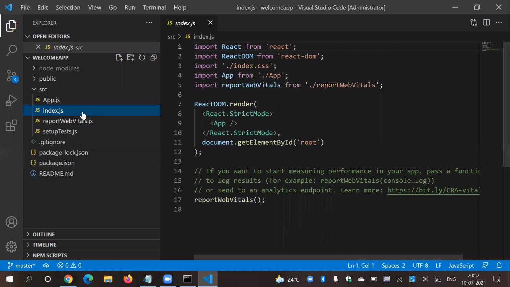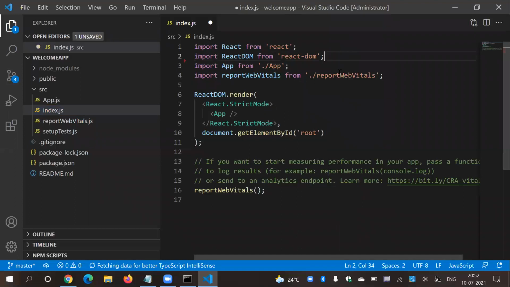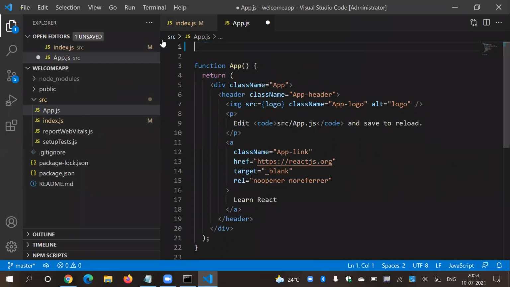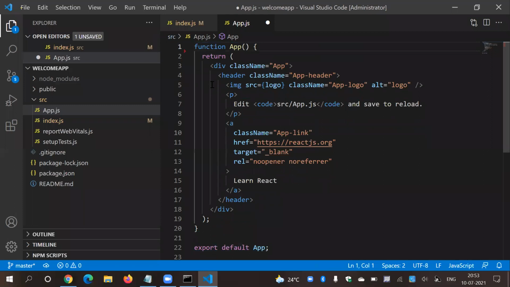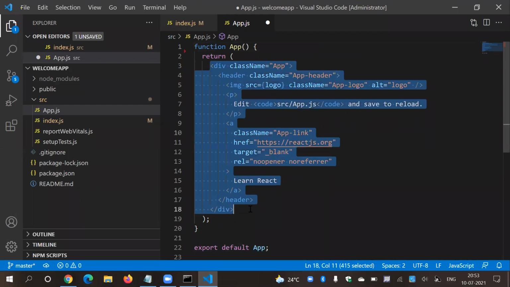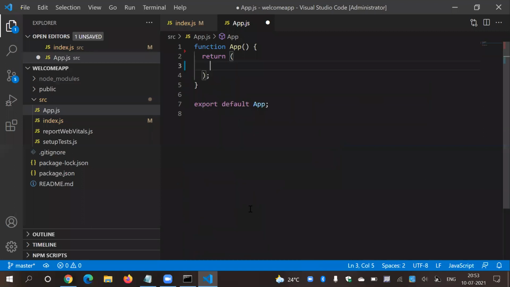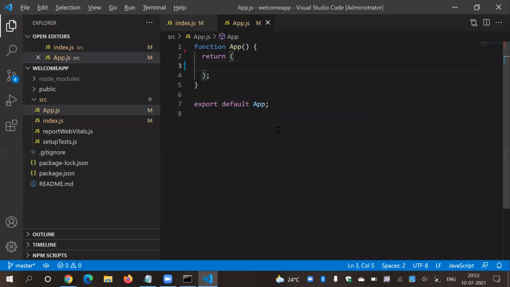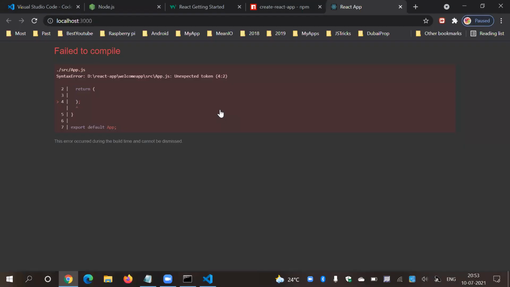So let's go inside your index.js, remove this index.css from here. Perfect. Save your project. In app.js, remove these two files from here. I don't want this stuff. And also remove everything from here. Okay, save. So this is perfect. Okay guys, empty div. So this is your first page, which is completely empty, right?